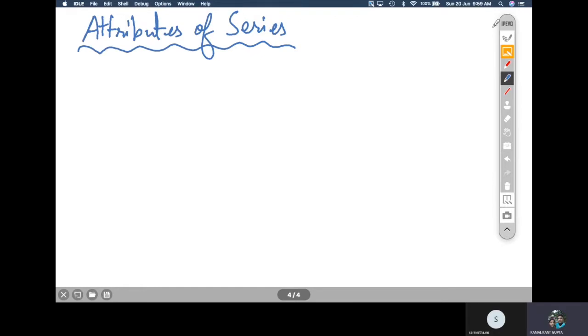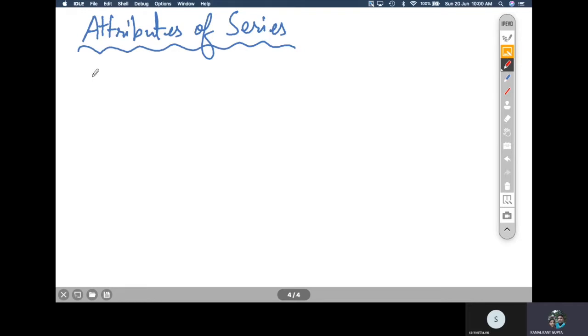Every object has certain attributes, that is their features, and some methods or functionalities attached to it, right? So we are now going to understand what the attributes of a series object in the pandas module are.